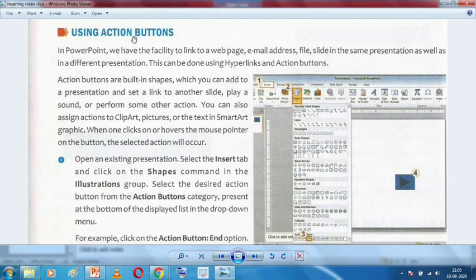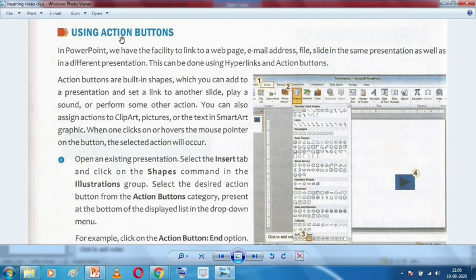I hope you understood how to insert a video. It is very easy. Now moving on to the next part. The next part is using action buttons, okay. So let's talk about what this action button is. As the name suggests, action button. So basically students, action buttons are certain buttons which we can insert into our slide, and when we click on those buttons, a certain action is going to be performed in the presentation view.